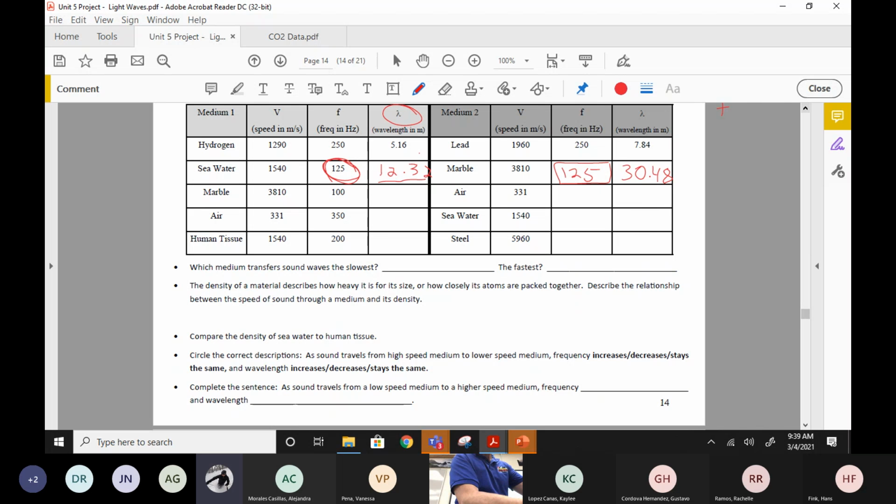Well, not only do solids have density, so do liquids and so do gases. This is why oil floats on water, because its density is less. Okay? What I want you to do is think about this. Is there a relationship between the speed of sound through a medium and its density? What's the density of hydrogen gas compared to water? Which is denser?